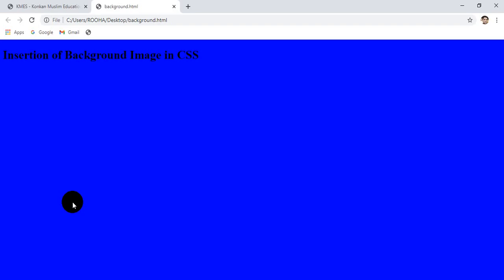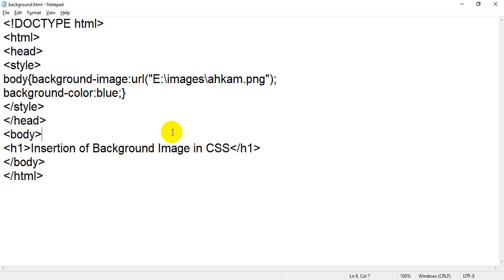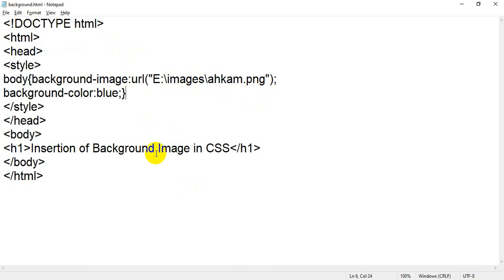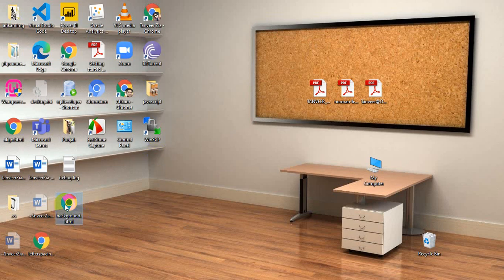Double click on it, then again the same page. If you refresh, no. I have added the full address E images acom.png. Again I am going to click Control S. If you think I have not saved the file, click on save. Okay, again I am going back to my file.